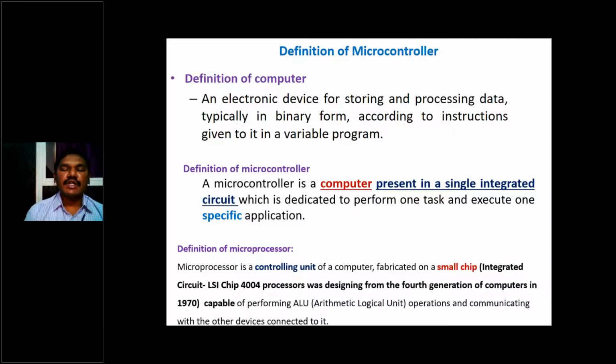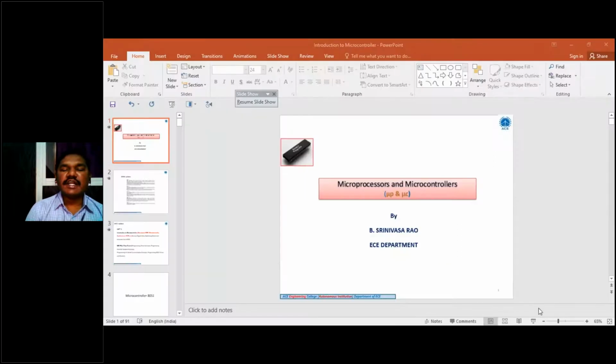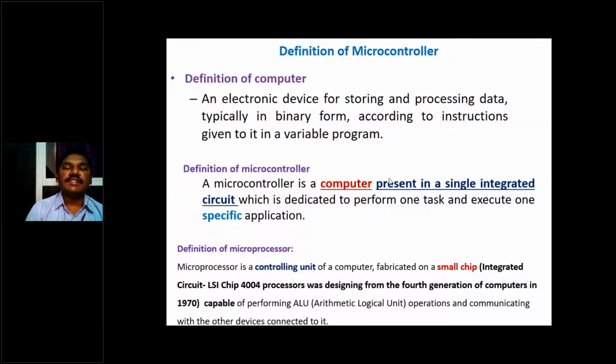A microprocessor is the control unit of a computer fabricated on a small chip, and it is capable of performing arithmetic and logical operations and communicating with other devices connected to it. That is the difference between a desktop computer and a microcontroller as a computer. So you should remember these three definitions and differences.